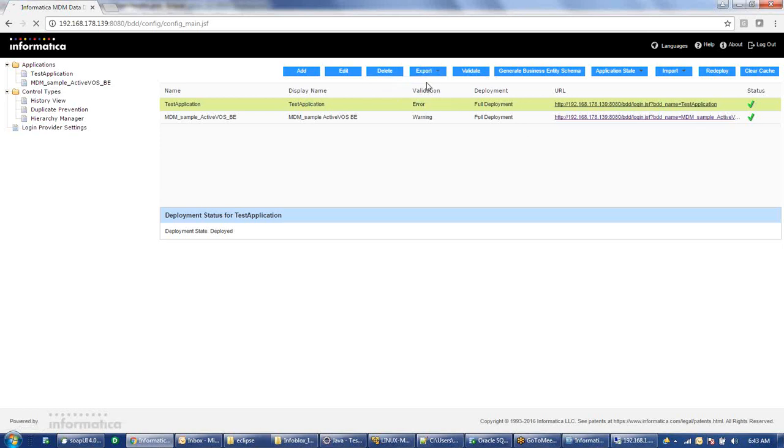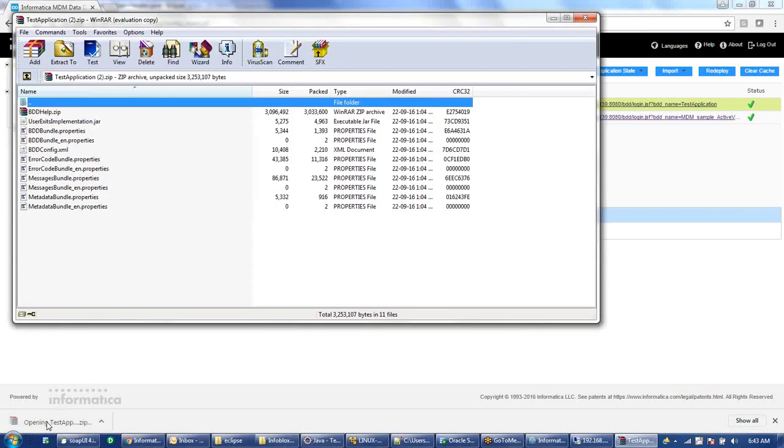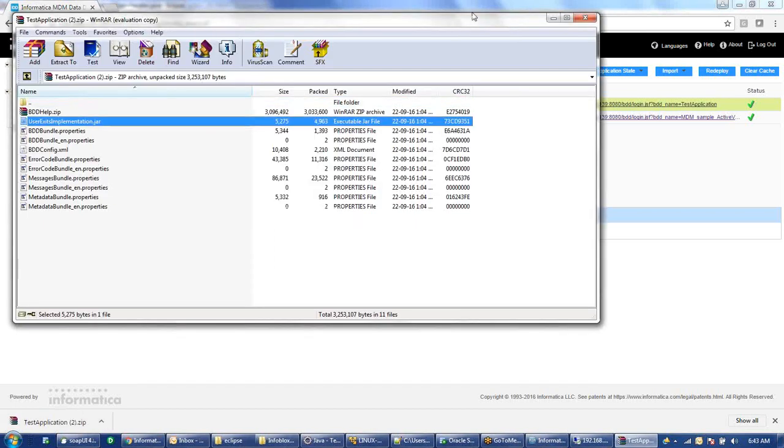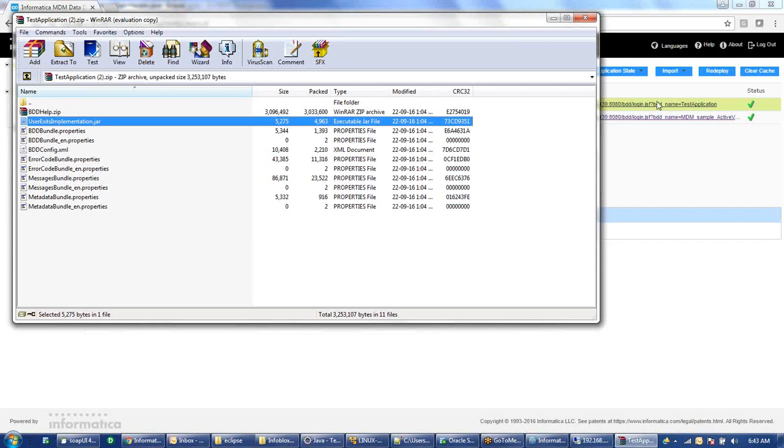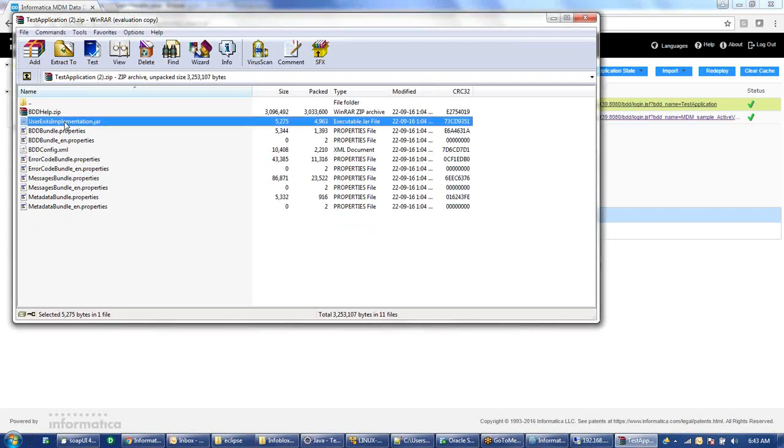If I do export, now I will see the jar file also present here. So now the application is exported. If I open this, you can see the user exit implementation.jar is available here in the zip file. Previously it was not available. Normally once you import it, then only it will come here.